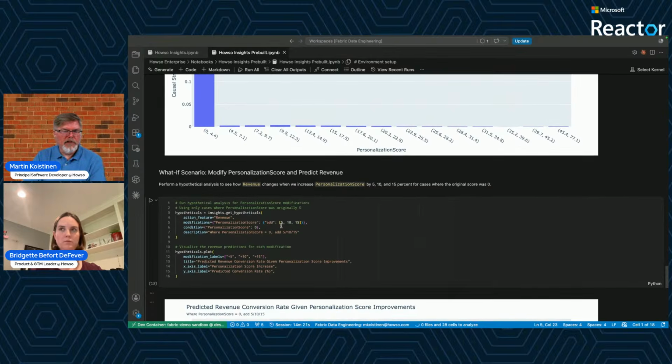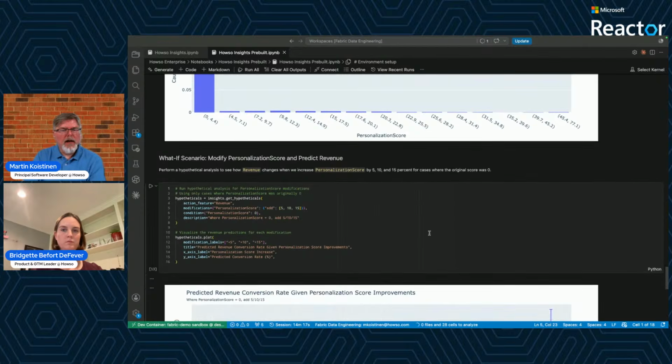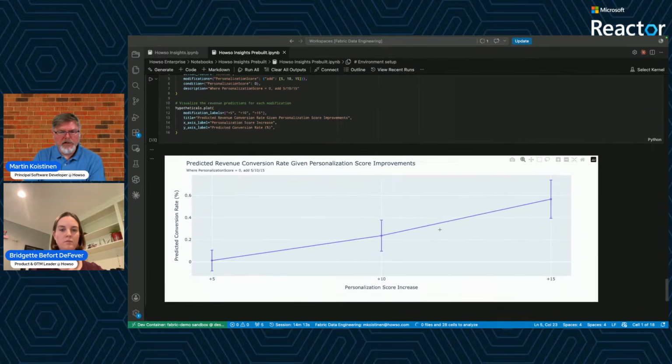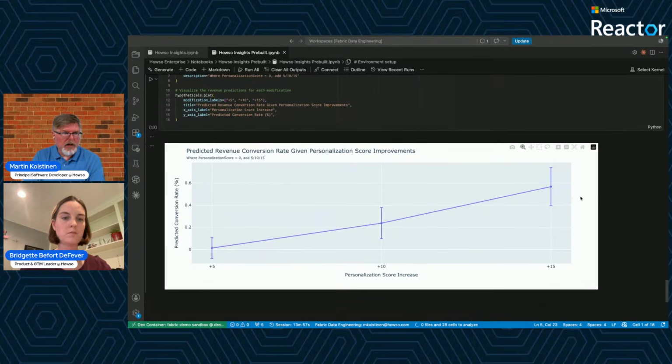And you can see here, we're going to just add 5, 10, or 15% more personalization, and what that's going to do to our final revenue prediction. And we can see that at each step, we see a marked increase in the prediction of revenue. So this is really valuable as a retailer, and we could probably drill into more things, but this is what we plan to show you today.